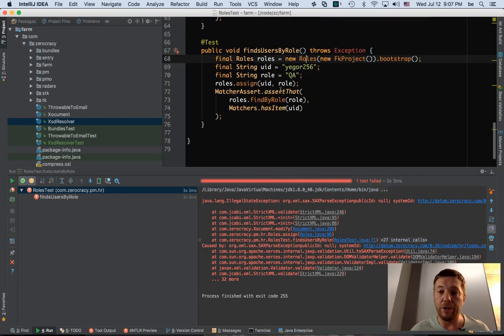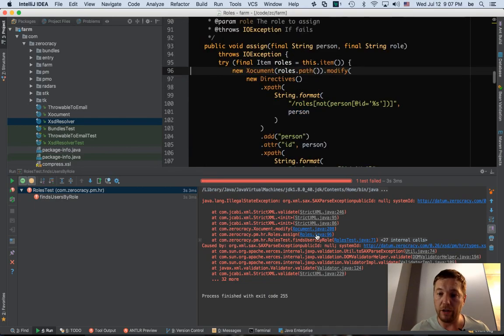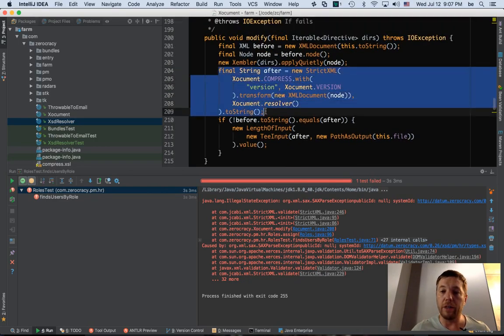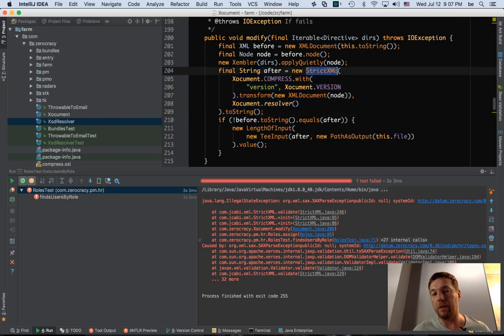It fails here on this line. It tries to open the XML document, and to open that XML document, it uses another XML decorator, which, when the document is open, before returning the content of that XML document, sends it through StrictXML. StrictXML is the decorator which compares the XML content with the XSD schema.